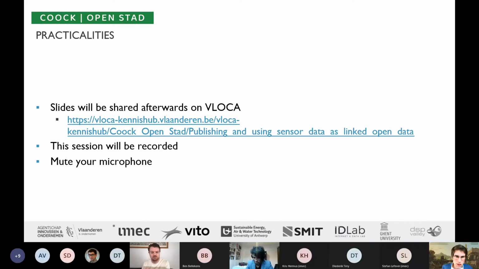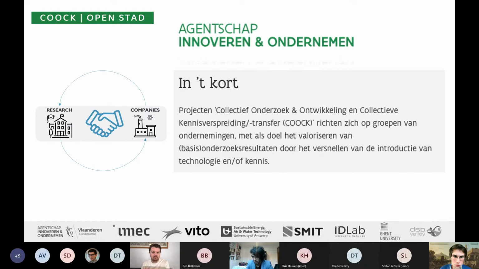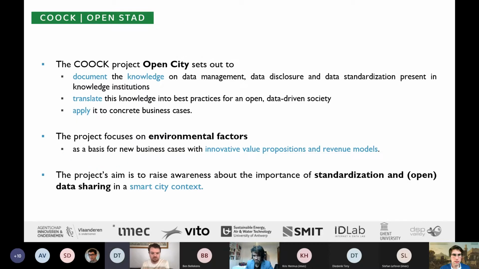So what is COOCK? COOCK stands for Collectief Onderzoek en Ontwikkeling en Collectieve Kennisverspreiding. So it's about doing use cases together, doing research and development, but also about sharing and transferring knowledge. So it's a collaboration between research institutes and companies. Like I said, the COOCK project Open City wants to document the knowledge we as research institutes have about data